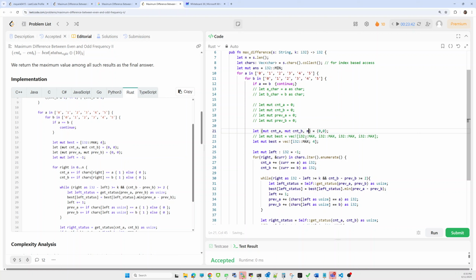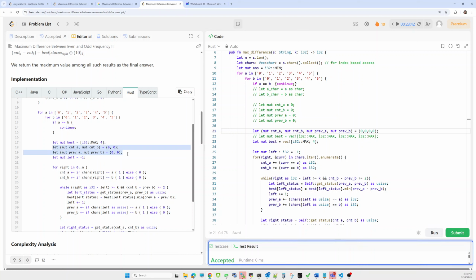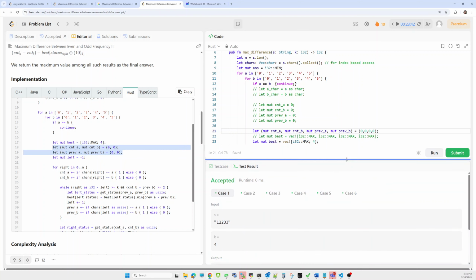Let's try. Let's try whole will be initialized by 0. Is it working? Because they are using only 2. Yes, it is also working.